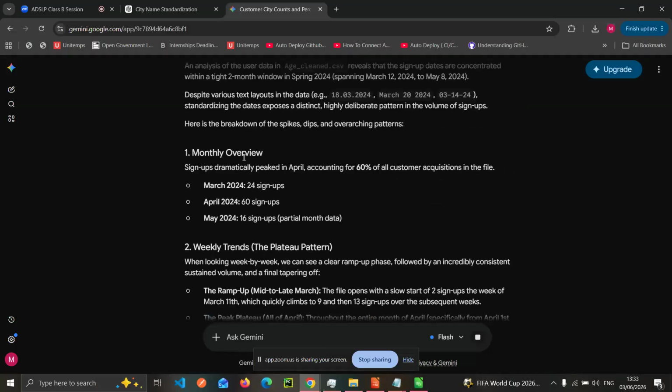So we have something like a monthly overview. It says signups dramatically peaked in April, accounting for 60% of all customer acquisition so far. That is, in March 2024, 24 signups, April 2024, 60 signups, and May 2024, 16 signups, partial month data.